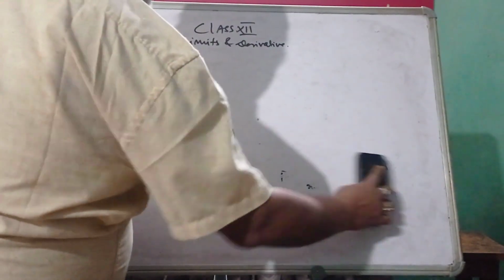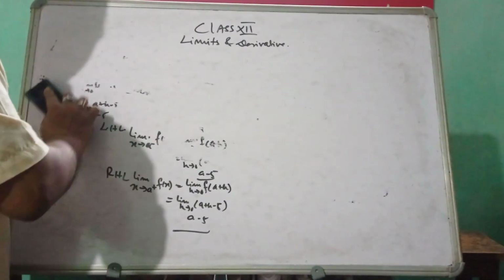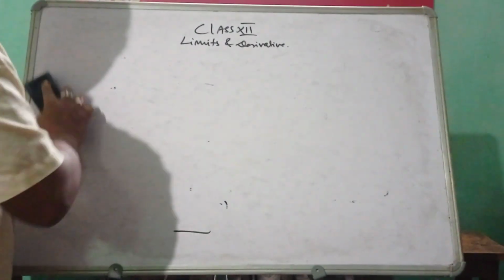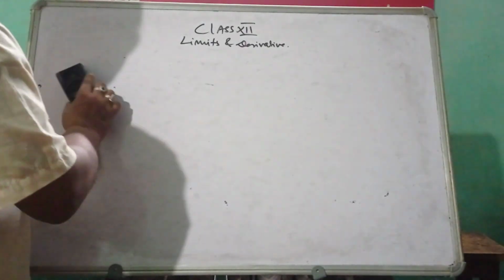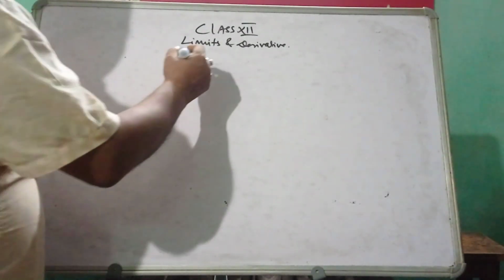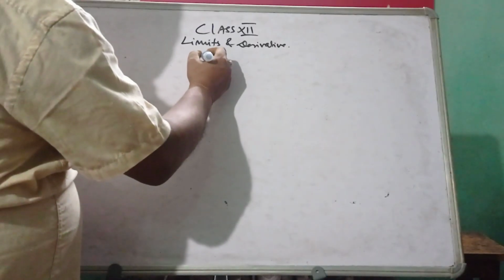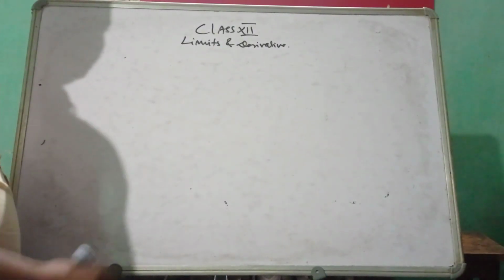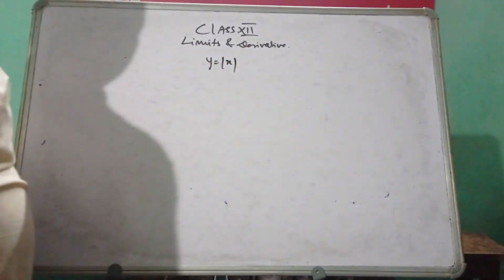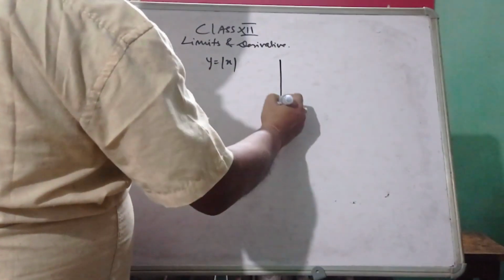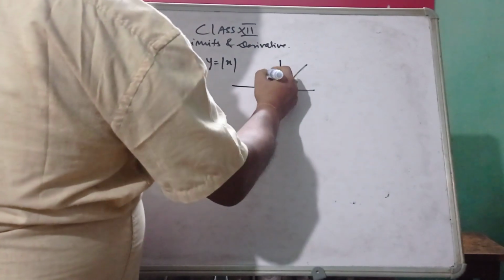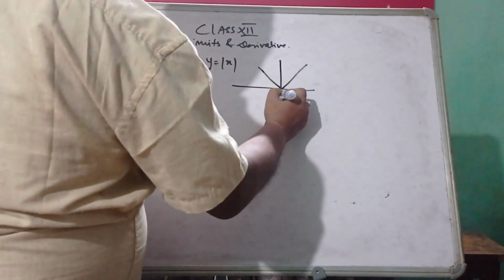Now next, about your derivatives. Here we go about your derivative. So this is differentiate. Let us take an example of a modulus function. We are considering here differentiability. Let us consider a function y is equal to modulus x. So what is the graph of modulus x? The graph of modulus x is this and this. So at x is equal to 0, here at 0,